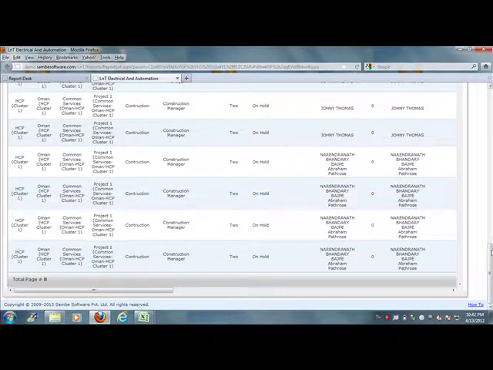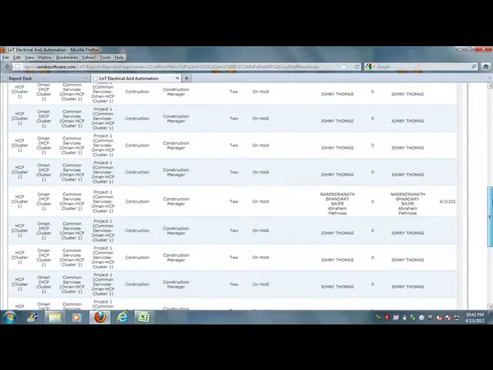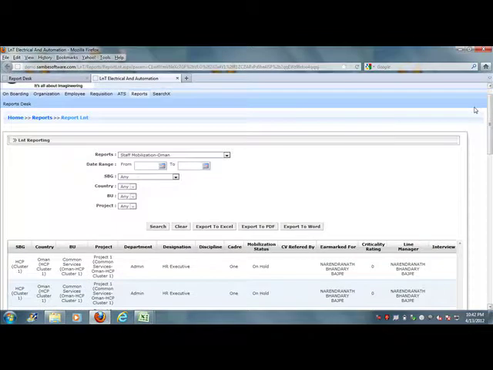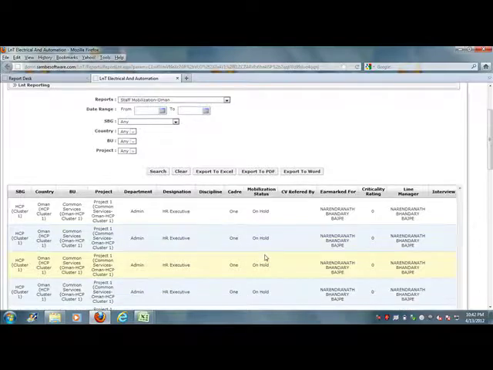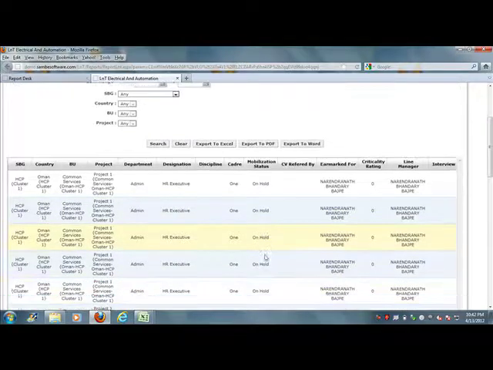See, the staff mobilization report will help you to see the mobilization status of the candidate who have been sent to HRMS and have been converted into an employee.